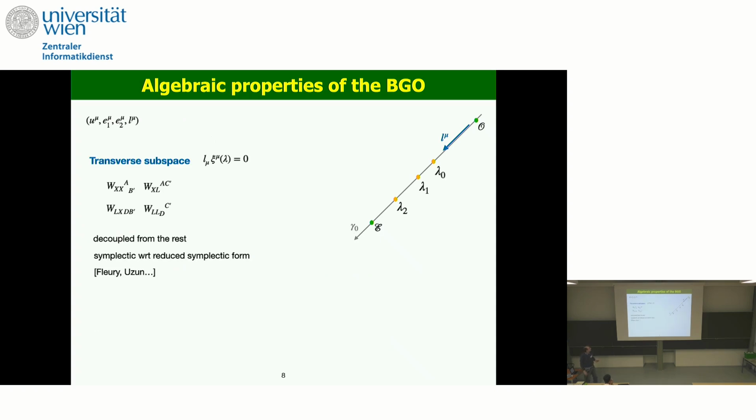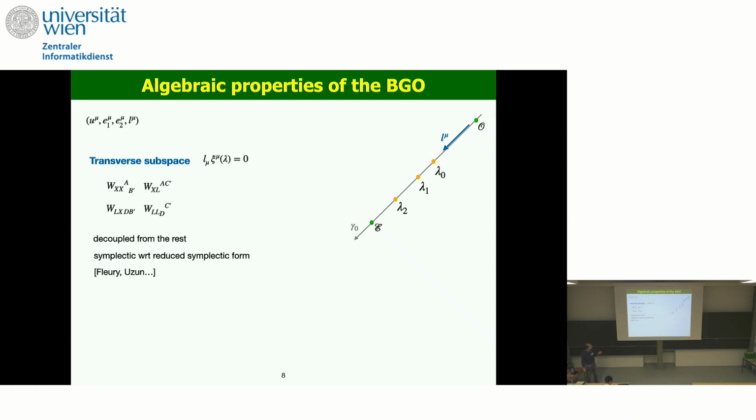Another important algebraic property is that there is an invariant subsystem hidden in this system, namely the transverse subspace. In this framework, you can limit yourself just to solutions which have components in the direction of E1 and E2, which are orthogonal to the vector L. If you choose the initial data appropriately, this is preserved all the way along the null geodesic. So you can basically limit yourself to studying just the transverse subspace of the full tangent space. And that's pretty much what almost every geometrical optics textbook does